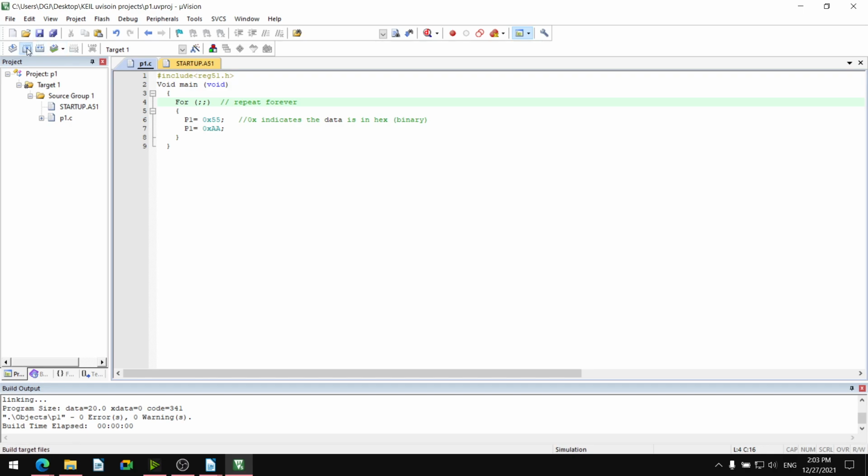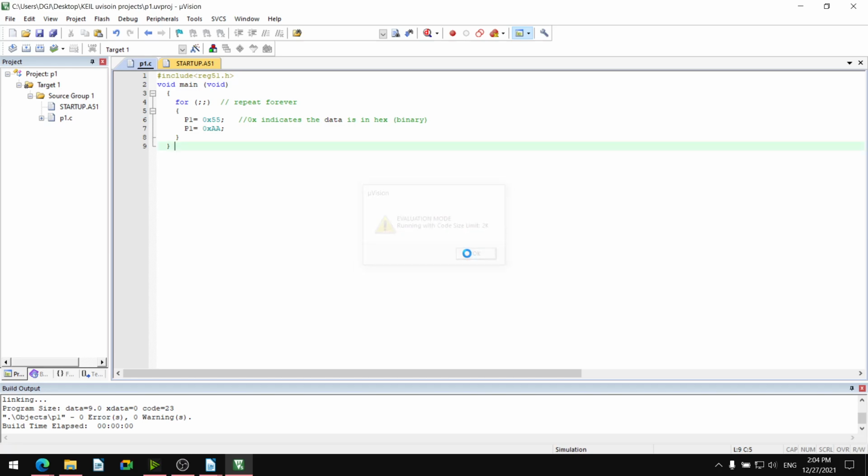So save it, build it. Semicolon is missing before main. Save it, build it. Zero error, zero warning.